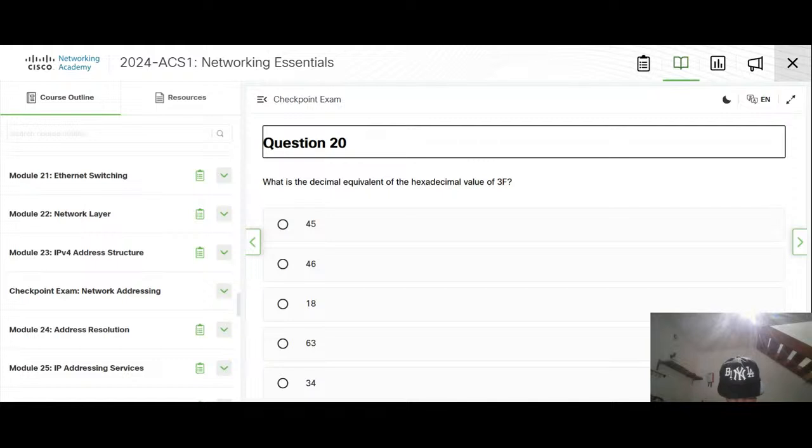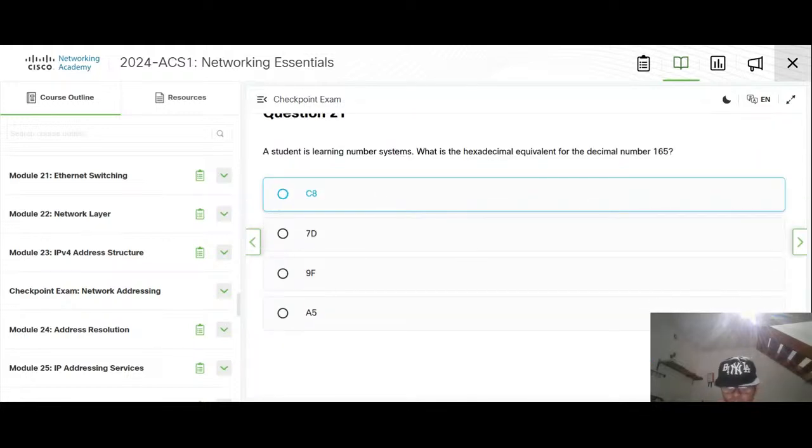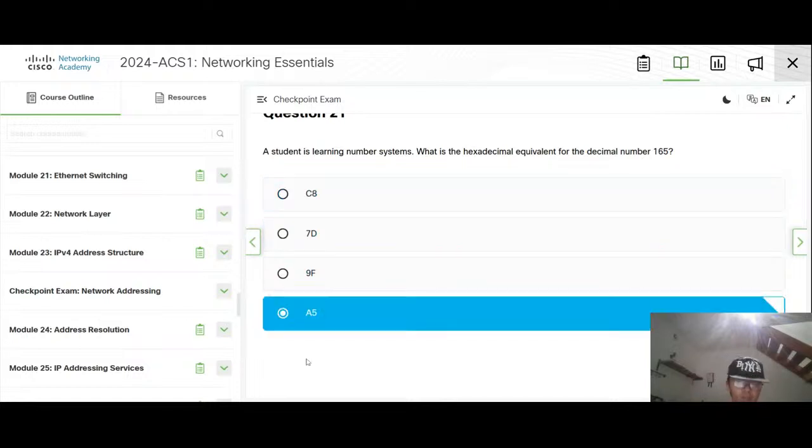Here should be A421. A421 will be counted as 15 as well. And 3 is B21, which is 48, 63. 182. And then this first one will be 10 is A5.